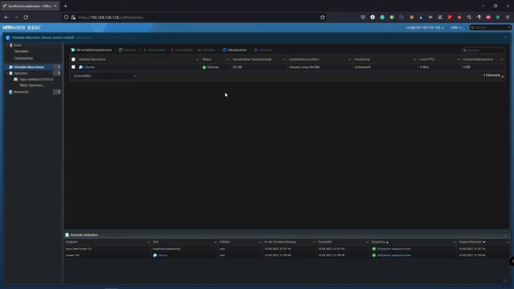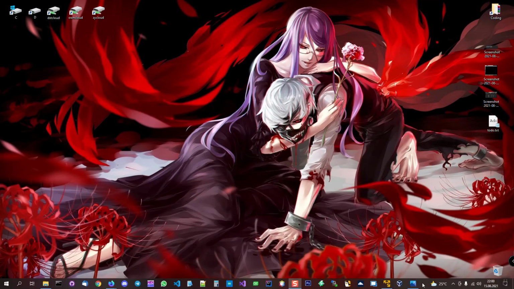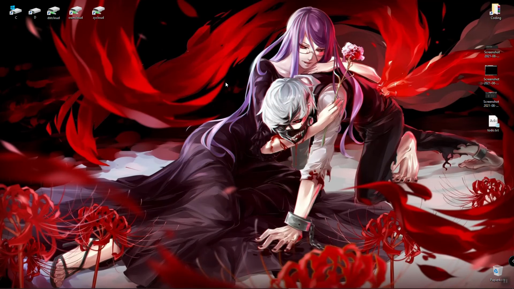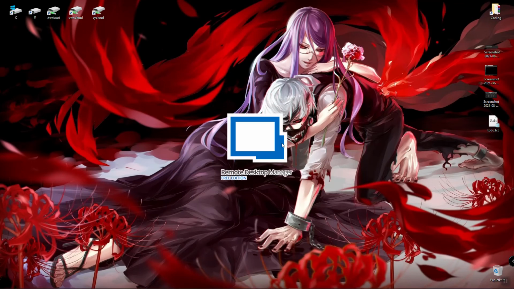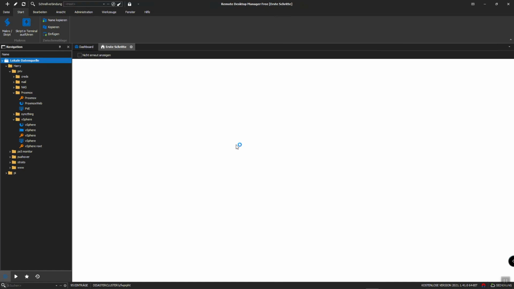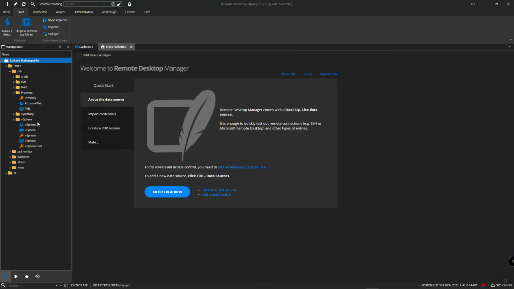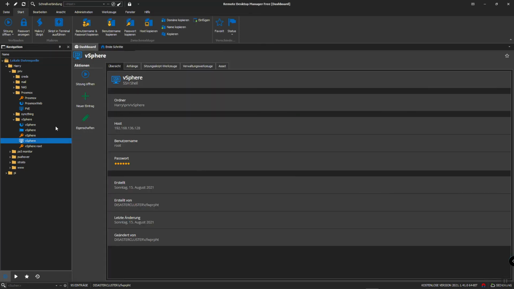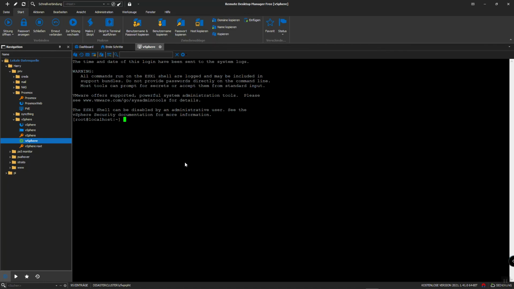Now we can put that down here and open the remote desktop manager. You don't have to use that app. You can simply start SCP and use the command line for SSH. But I use the remote desktop manager, the free version, for managing stuff. First of all, we SSH into the machine